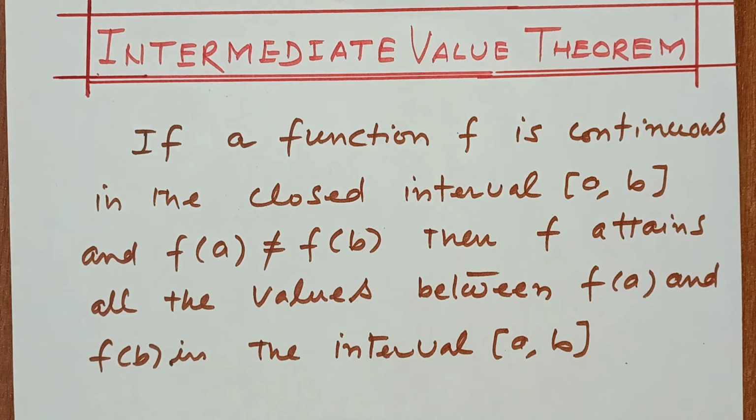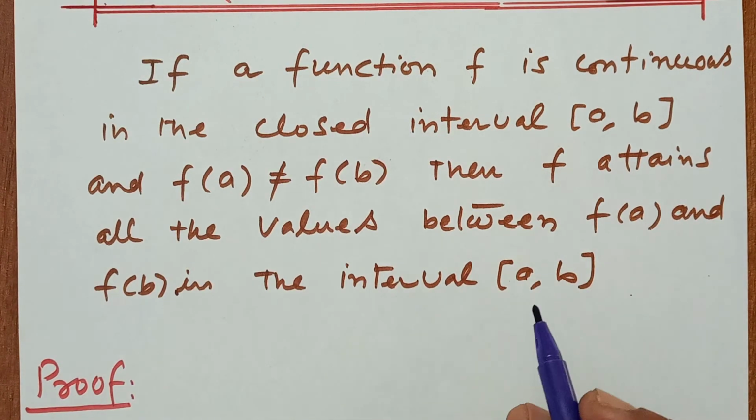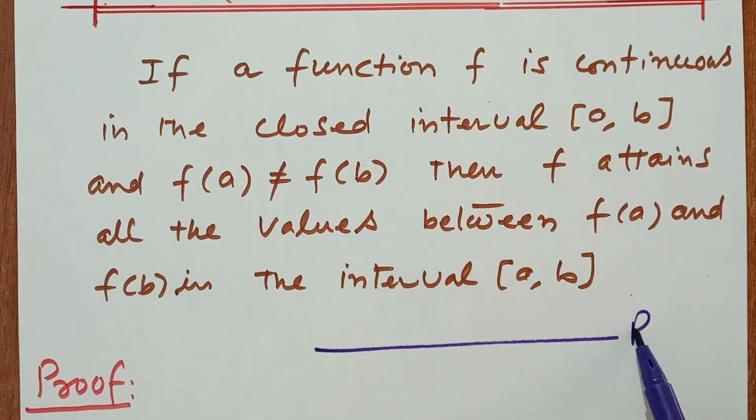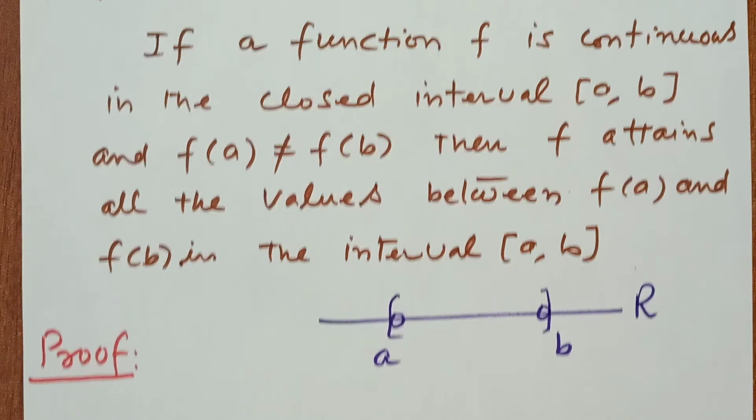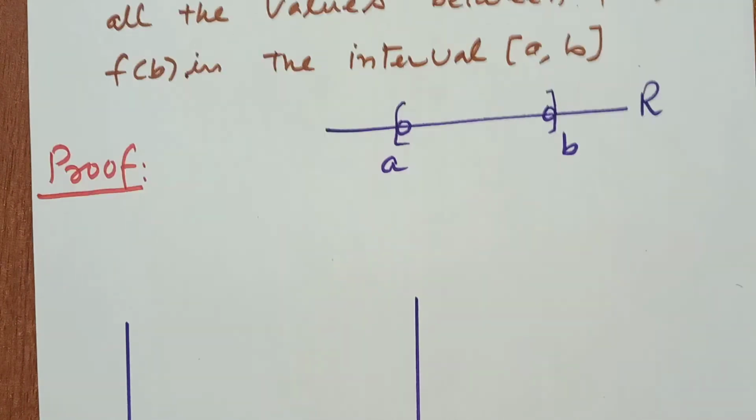Okay, so here [a, b] is a closed interval, meaning this is a real line and this is a and this is b, where a is less than b. So this is a closed interval. Since the given function f is continuous in the closed interval, let us suppose there are two possibilities. One is